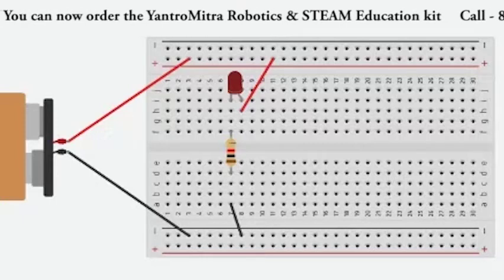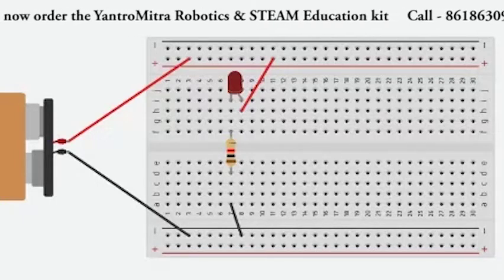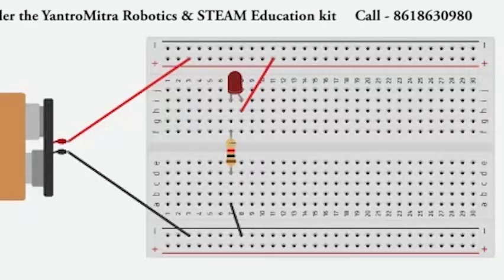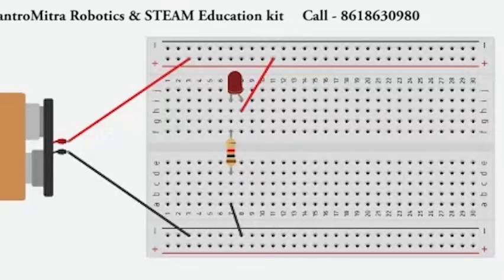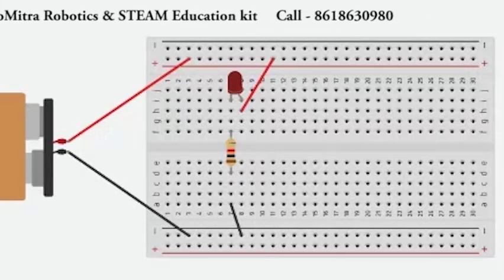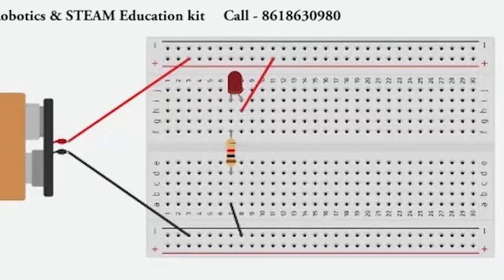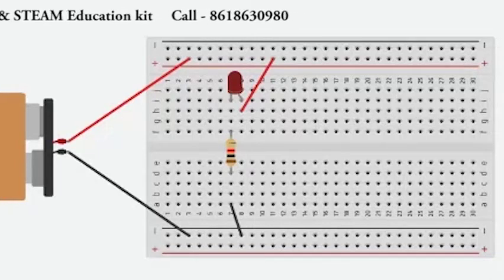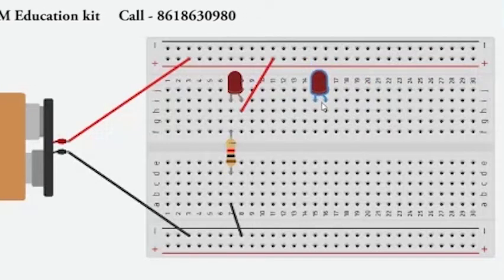Now we see that this particular LED that we have connected to the battery is a simple circuit. Let us now be a bit enthusiastic and create a few parallel circuits, circuits which can be said to be parallelly connected to each other. Hopefully, you are as enthusiastic as I am. So, now let us take one more LED. Let me place this LED over here.